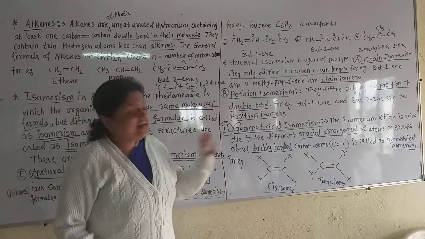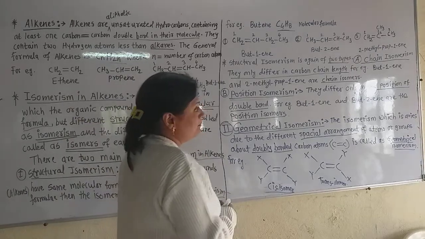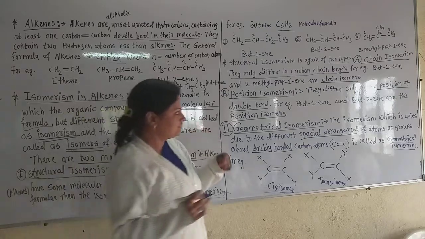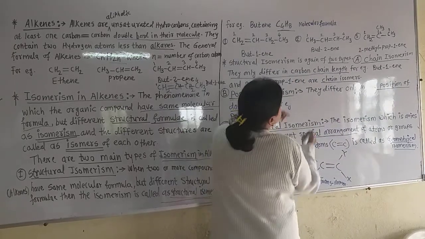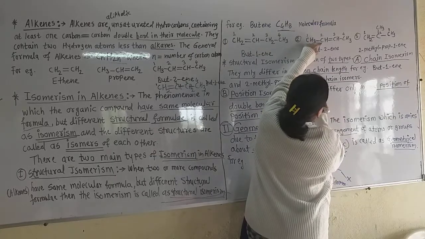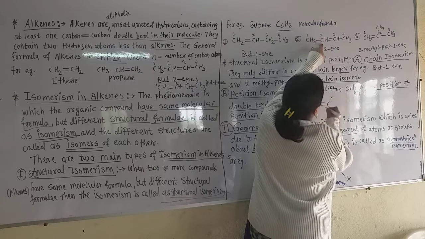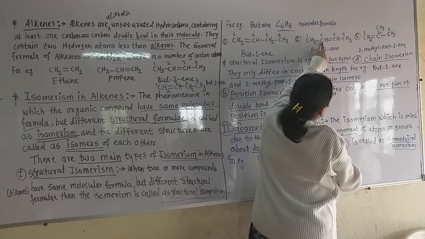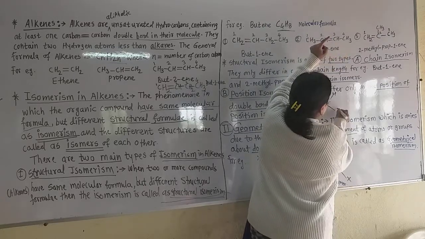Now this is the general example. In actual practice, an example is but-2-ene. But-2-ene has the structure in this way. Now see, I draw here the cis and trans structures. See, pay attention. I draw this carbon here, with a double bond to this carbon. Now I attach two hydrogens to each carbon here. And again this carbon has a CH3 group and this carbon also has a CH3 group.